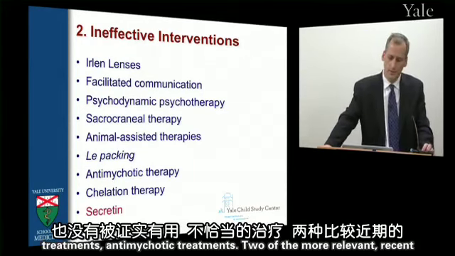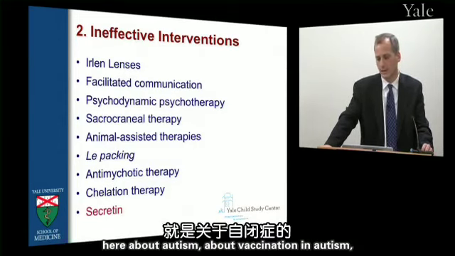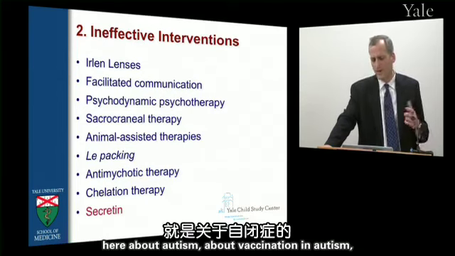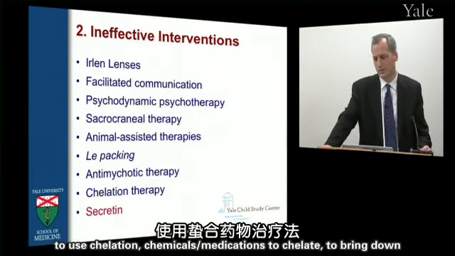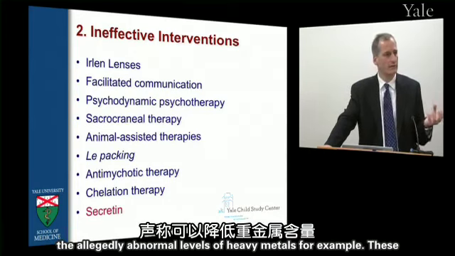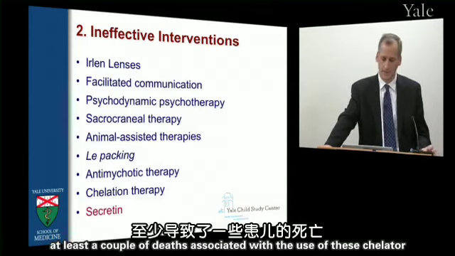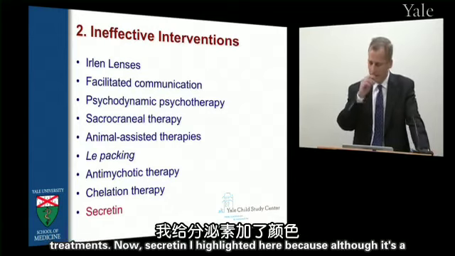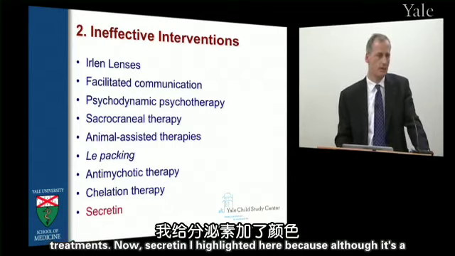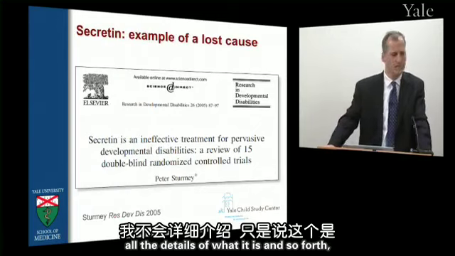Two of the probably more relevant recent ones that may ring some bells. One has to do with the whole controversy about vaccination and autism, and about these efforts to use chelation, chemicals, medications to chelate to bring down the allegedly abnormal levels of heavy metals, for example. These interventions can in themselves be quite dangerous, and there have been at least a couple of deaths associated with the use of these chelator treatments. Now, secretin I highlighted here because although it's a treatment that has been proven ineffective, and I won't go into all the details of what it is and so forth, just to say that it's been ineffective,